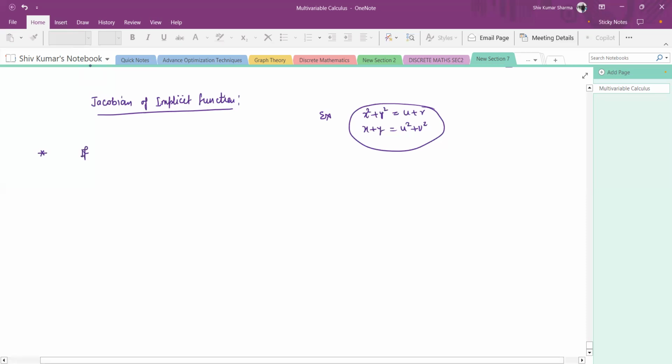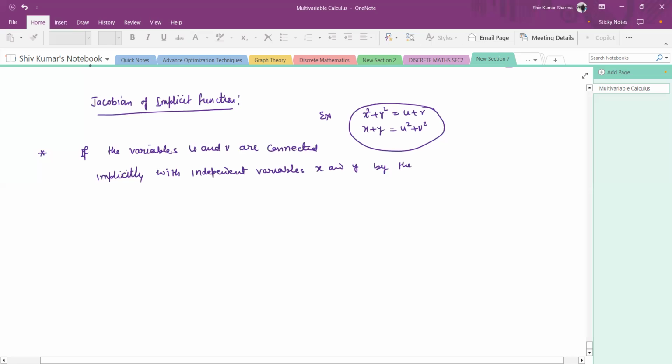If the variables u and v are connected implicitly with the independent variables x and y by the relation,